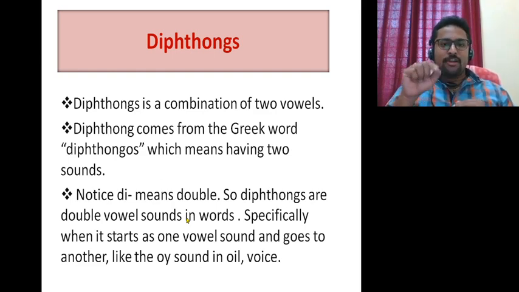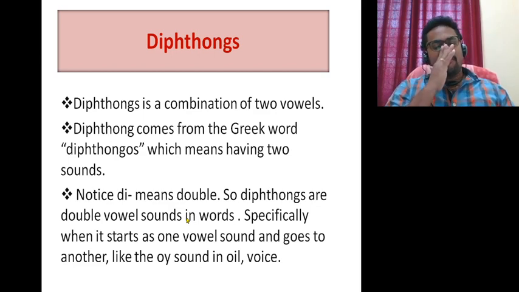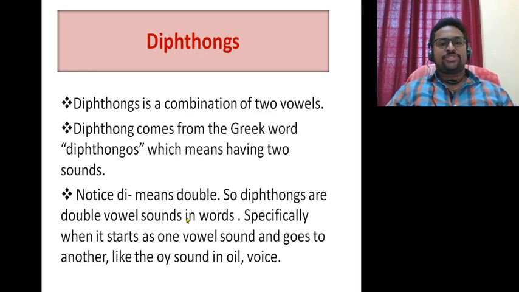We have 12 pure vowels in English that we finished with examples: how each sound is pronounced, how it is written, and what the symbol of each monophthong is. We know the symbols for writing the 12 monophthongs from the previous class. In today's class, we are going to discuss diphthongs.